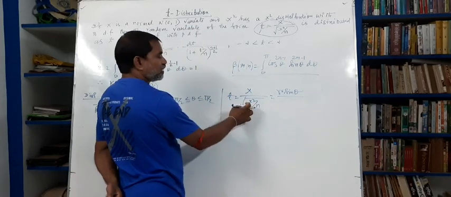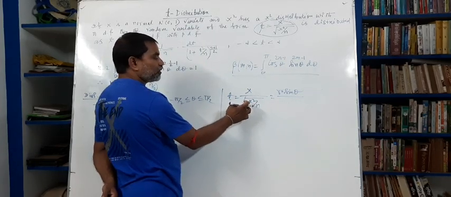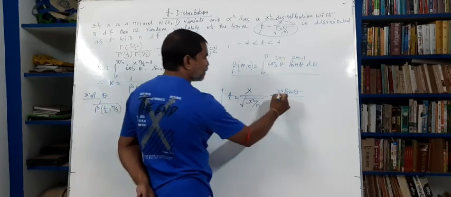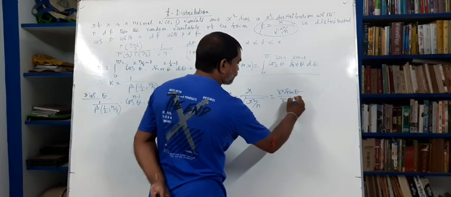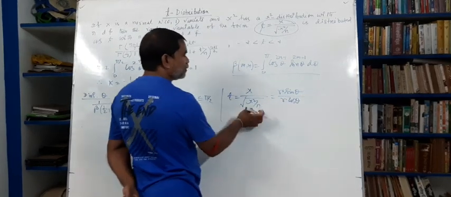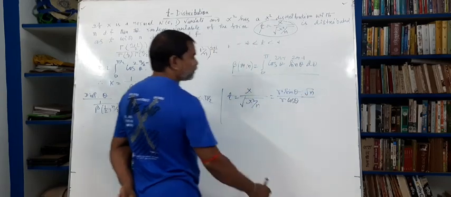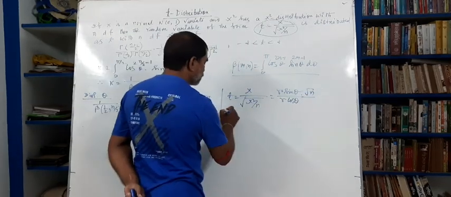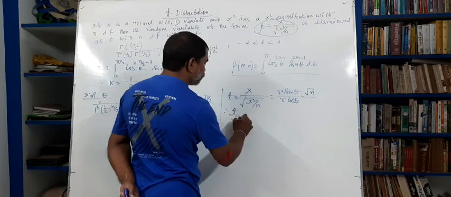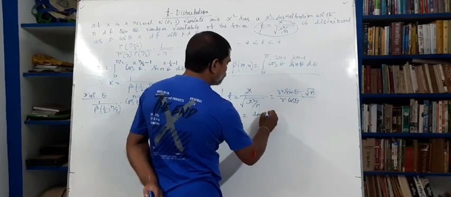Chi is r cos theta, so chi square is r square cos square theta. From this we get r cos theta, and this root n is the numerator. From the numerator we get here, therefore t divided by root n equals tan